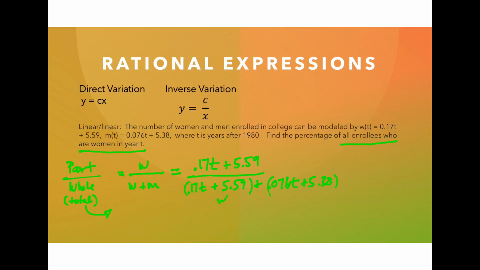Here I have my women added to the men. We should probably combine any terms that are like. Now on the top, there's nothing to combine. We have the variable term 0.17t plus 5.59. But on the bottom, I have a t expression here, t expression here. Since this is plus, I can pretty much just ignore the